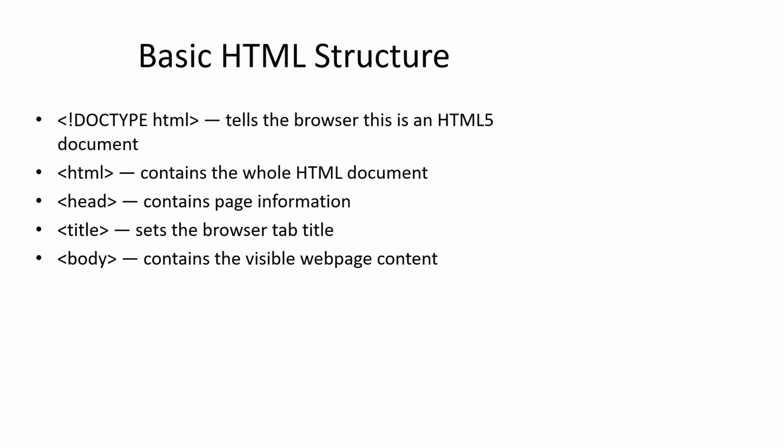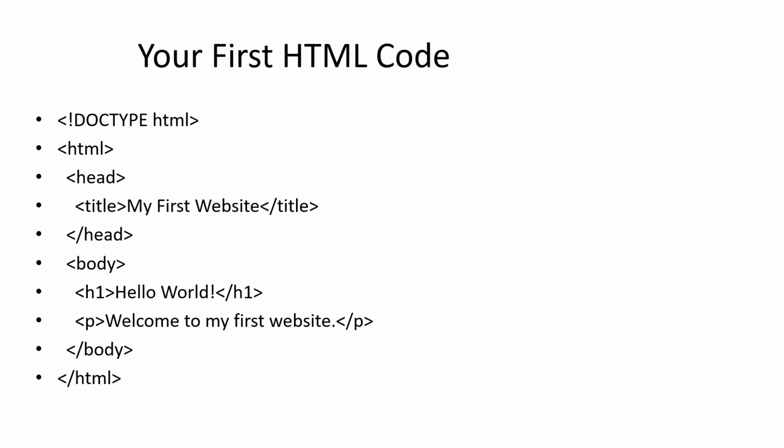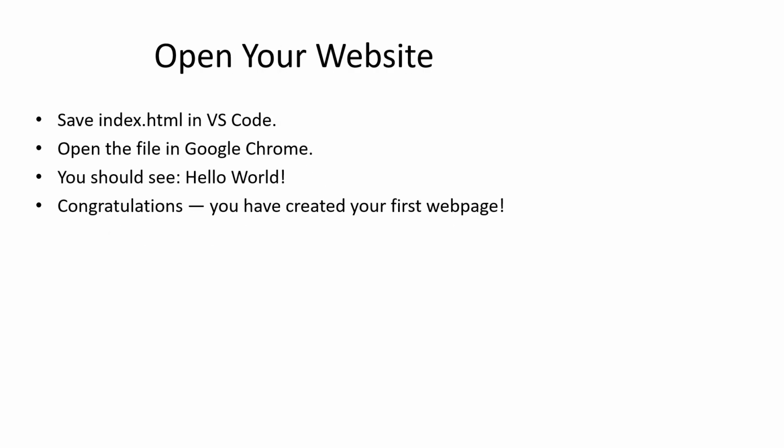For any HTML structure, it should have the doctype html, which tells the browser this is an HTML5 document. The html element contains the whole HTML document. The head contains the page information. The title sets the browser tab title. The body is where all the visible parts of the page will be present. So let me show you the part of